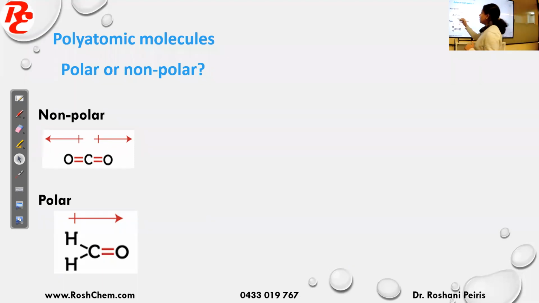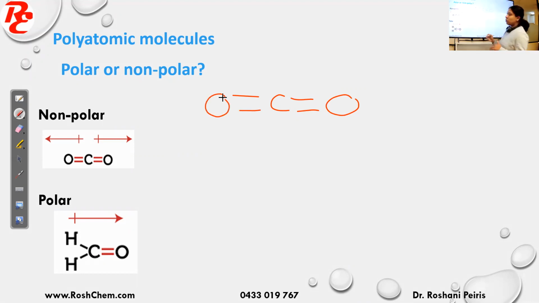Now we'll take the carbon dioxide molecule. We have learned the shapes before, so this is the CO2 molecule. I didn't draw the lone pairs here. Now we'll work on the electronegativities. When you take each bond, I'll first take the carbon-oxygen bond on the left side. Oxygen is more electronegative than carbon, so I can put delta minus for oxygen and delta plus for carbon.